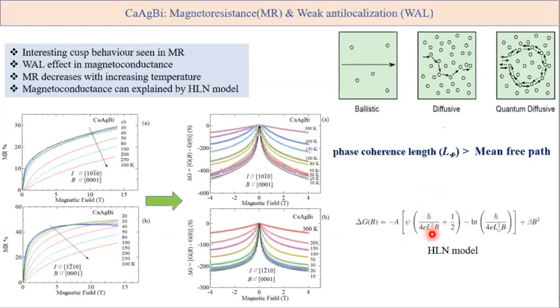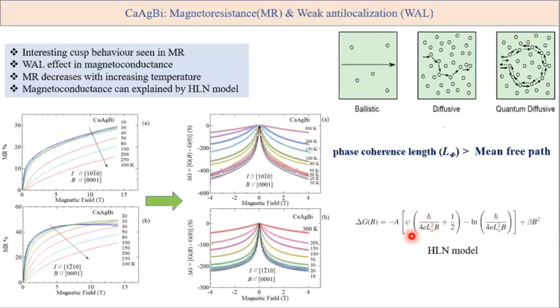Here you have three parameters basically, L phi, and this alpha or A value, and beta value. It is a three-parameter fitting. So my question is that a fitting parameter can be fitted many ways. Does it give you the correct ballpark value? How do you know that? Did we do any other experiment to verify or not?